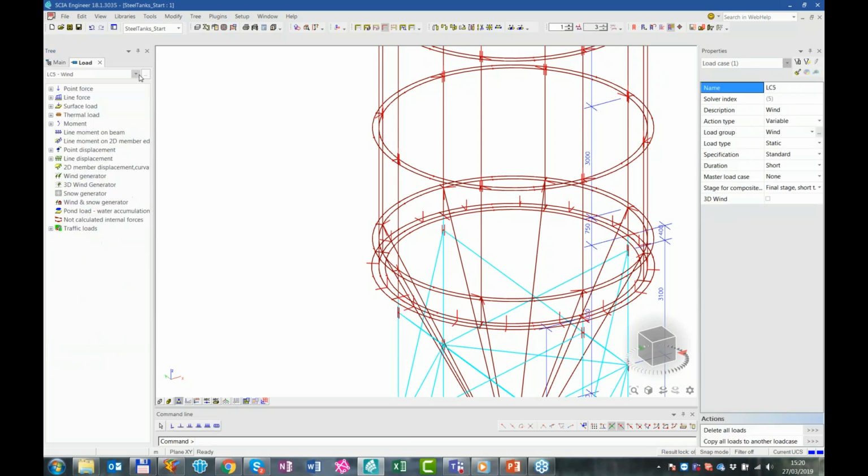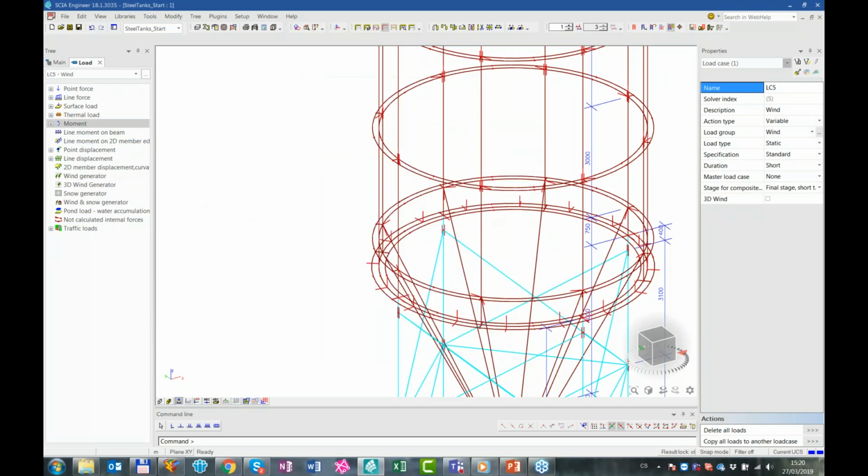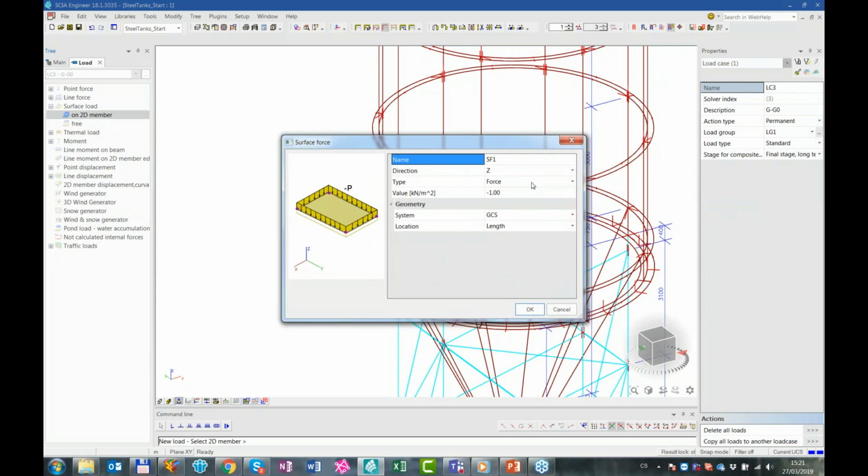For loads, I have here a few predefined load cases that I'm going to fill with content. So I have the load case for filling of the tank, some dead load, some imposed load on the roof, and of course the wind load. So let's start with those easy ones. Let's say that the dead load is represented by the weight of the insulation or any shielding of the tank. Let's put something like